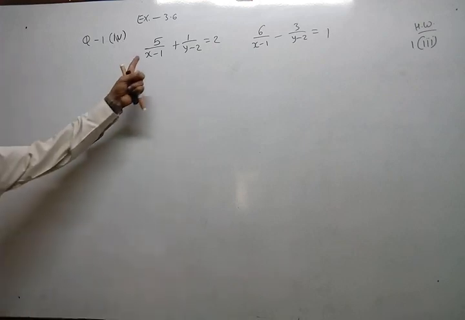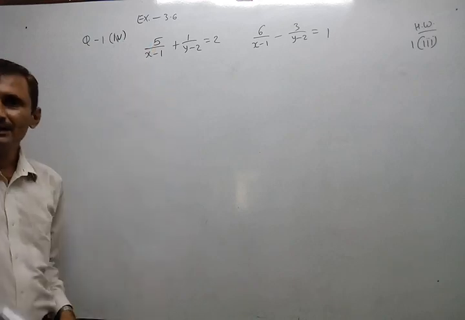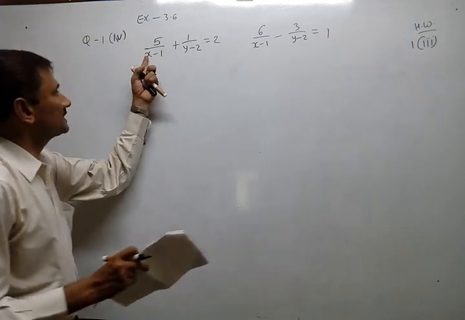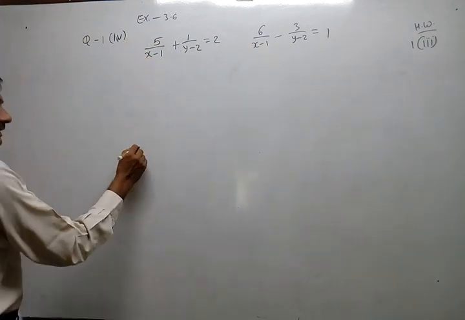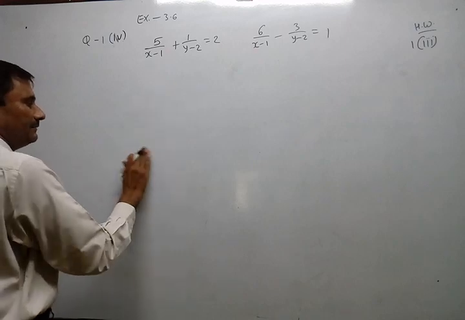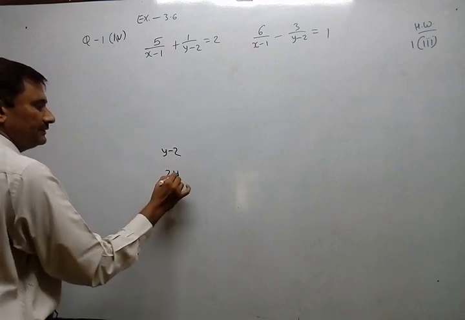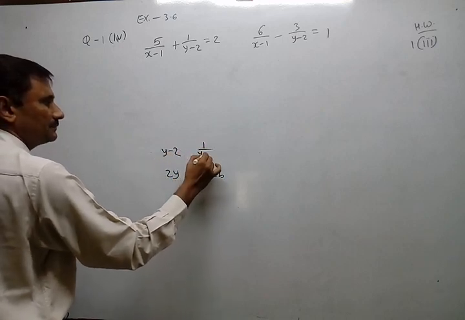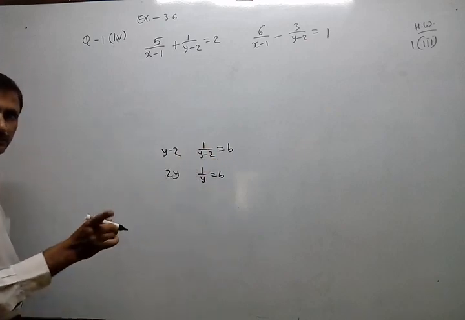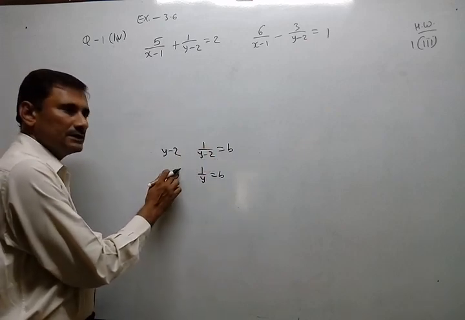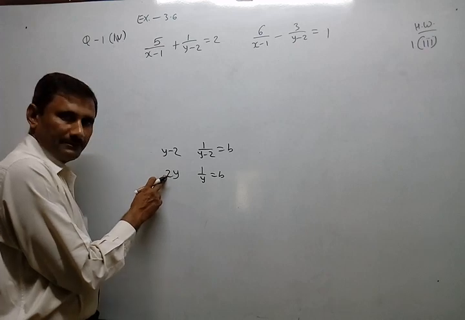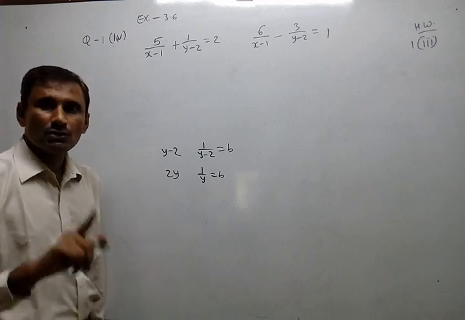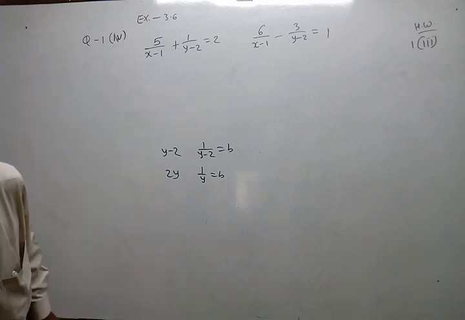Now instead of x, here is a binomial. So for a binomial we have to suppose it. Because only x is not there, and if x is multiplied by something, suppose instead of y minus 2, 2y is given, then only we can suppose 1 by y equal to b. But y minus 2 is given, then we have to suppose 1 by y minus 2 equal to b. You understand? Because this is a monomial. In a monomial, coefficient has no problem. But if a binomial is given, then the whole binomial should be replaced. So accordingly you have to suppose.